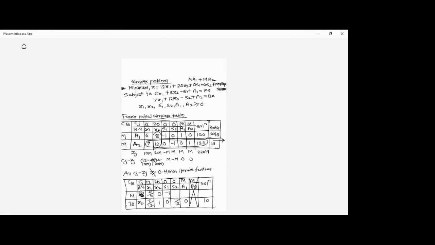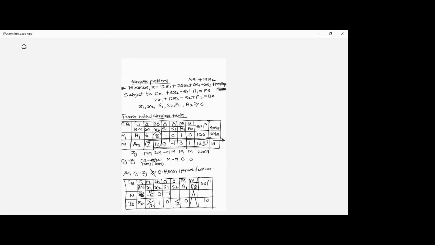12 minus 13M. What is the value of 12 minus 13M? Considering M value as 1000. Just a second. Keep the call. I'll be explaining in the session. Okay. So now, yeah, there was some